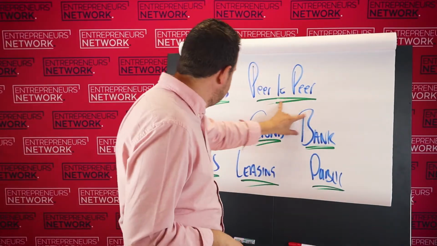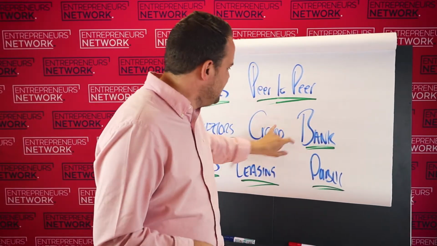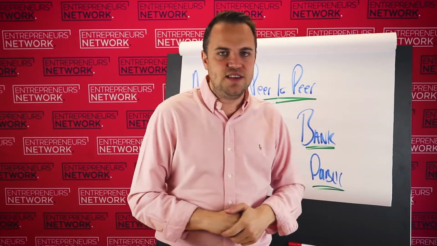But all the others, I've done: angel investors, peer-to-peer, not peer-to-peer, crowdfunding, bank. These two are very similar but slightly different. That's why I put them up there. Leasing, and now we're going to go to the big boy, the bank. This is where I borrow most of my money. This is where I prefer to be. It's the lower rate of interest.